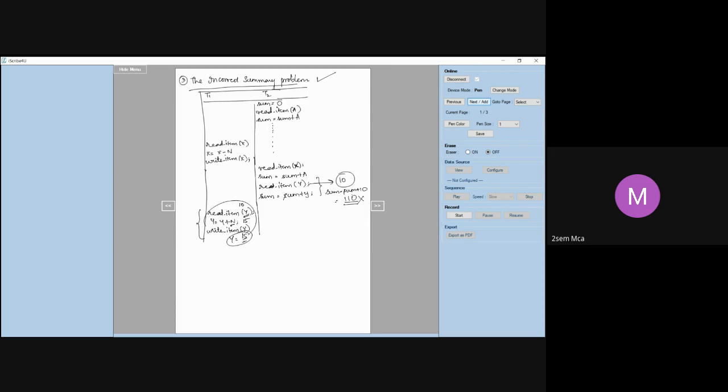Look here. We have T1 and T2, two different transactions. Now, T2 is involved in calculating the consolidated sum. So, initialize sum as 0. I will read the first item, which is A. I will add sum is equal to sum plus A. Okay, I've added it. Next, I will read, let us say B. I will add sum is equal to sum plus B, and then I get a consolidated sum. Like that, I do for all the items.